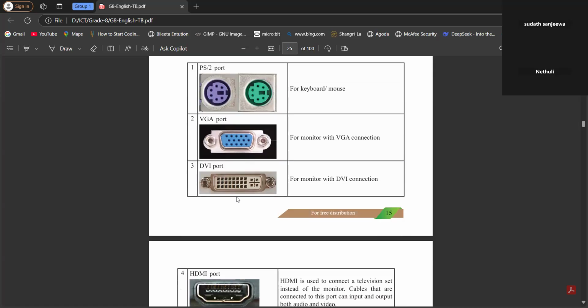So this is for video output. From the computer,